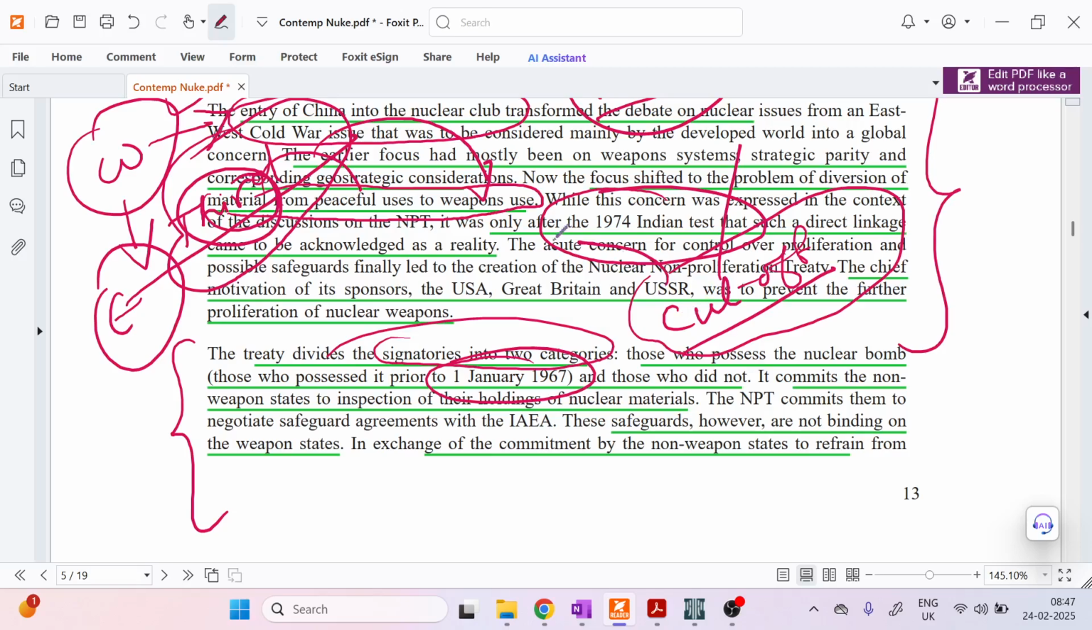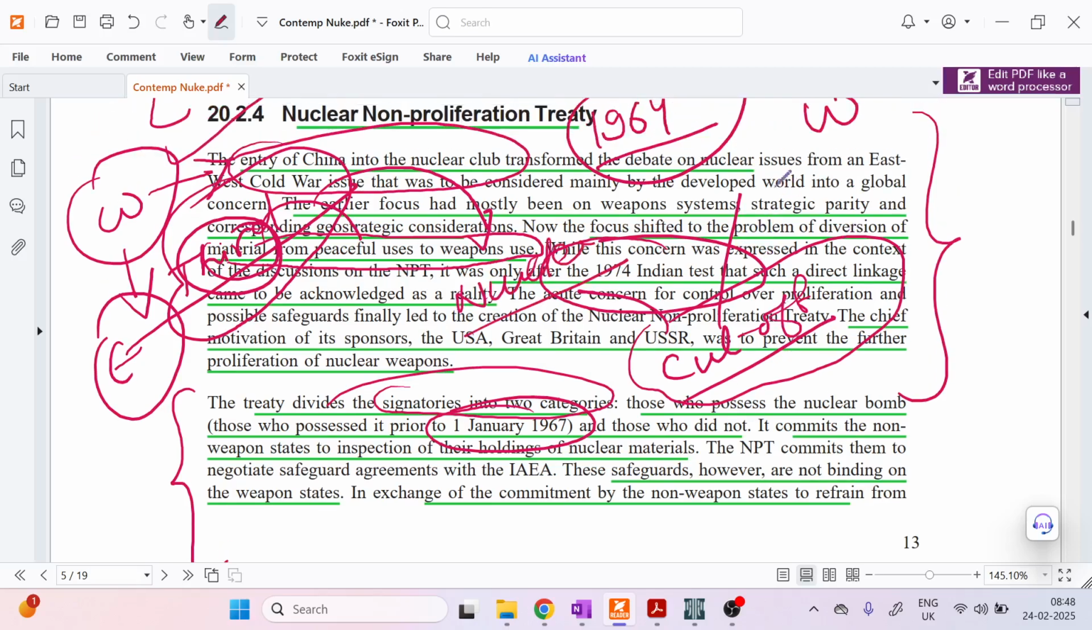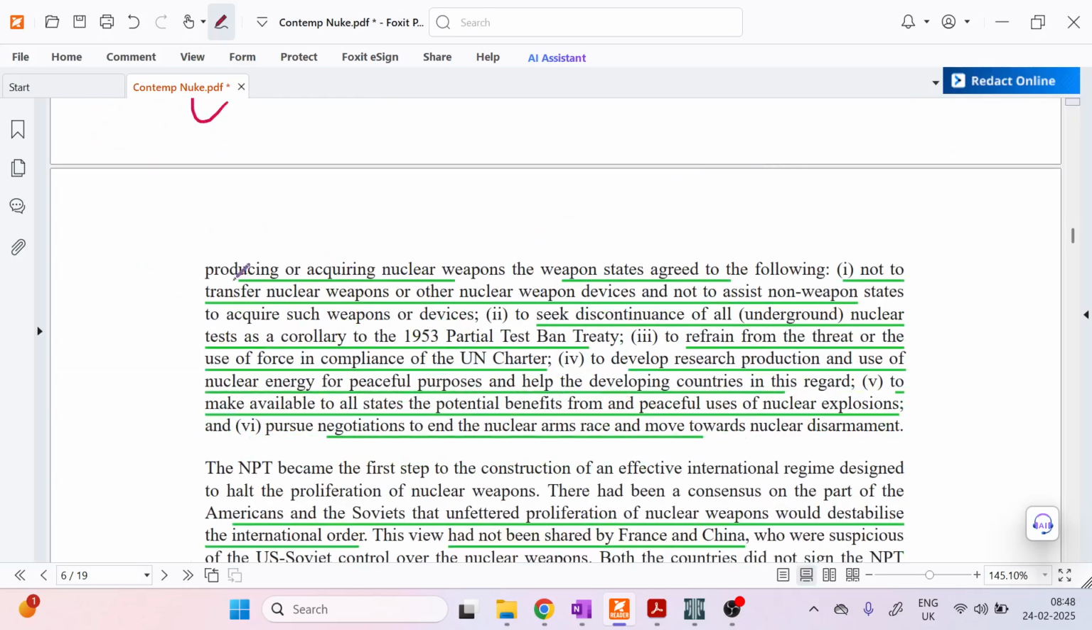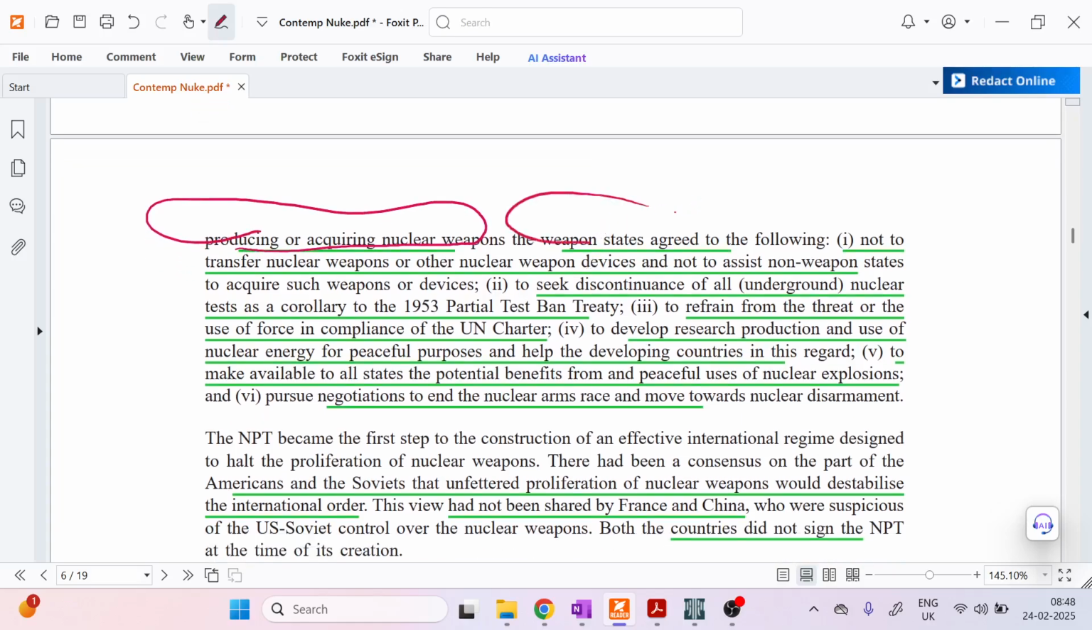All the countries that held nuclear weapons before this date were known as nuclear states, and those who did not were known as non-nuclear states or non-weapon states. And there were many safeguards, many restrictions placed on such countries. They were refrained from producing or acquiring nuclear weapons, and in exchange, the weapon states, the nuclear states, agreed